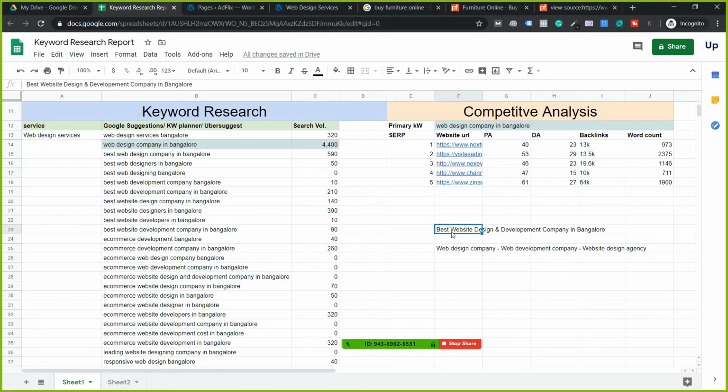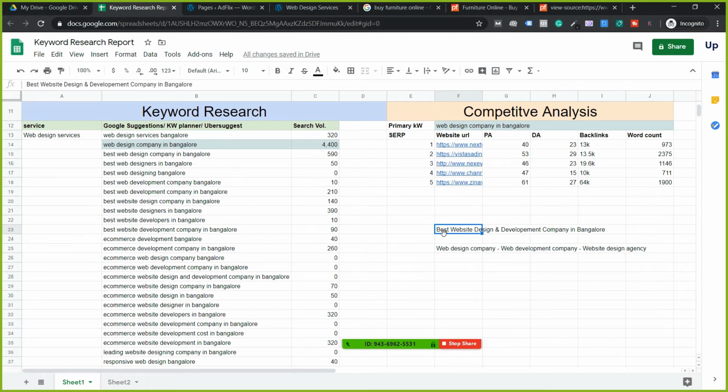The reason I've used best is, I know you may be thinking, sir, where is the keyword which you told? The word best and the word top is a keyword modifier. Whenever a person is searching for words like best or top or coupons or offers or discounts, I'm not telling you to use discounts in the title beginning, mainly the words best and top. Whenever someone is searching, they are psychologically about to convert, which means they're about to take their wallet out and do the payment. Now, you don't search for the best smartphones to buy in 2020 unless you're really looking to buy immediately. No, I'm not telling you will buy immediately, but psychology says that you're more likely to convert.